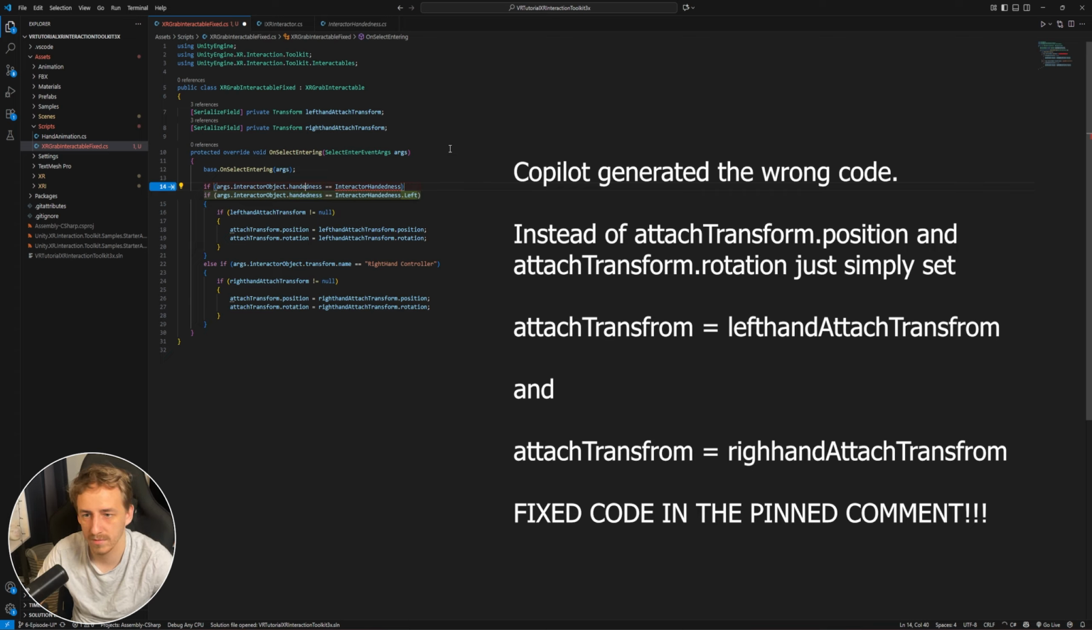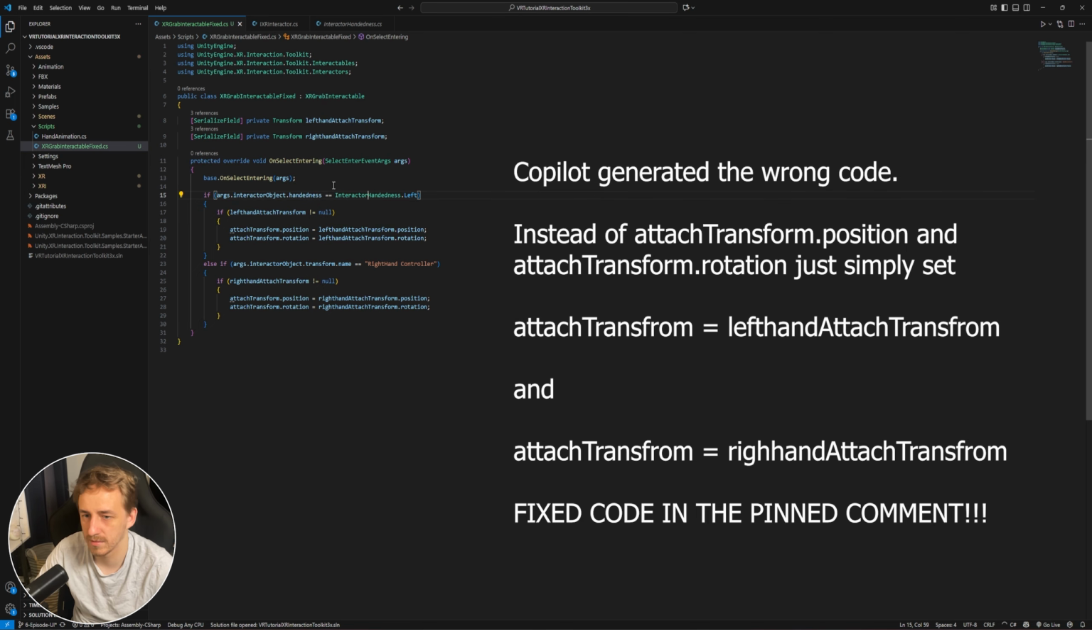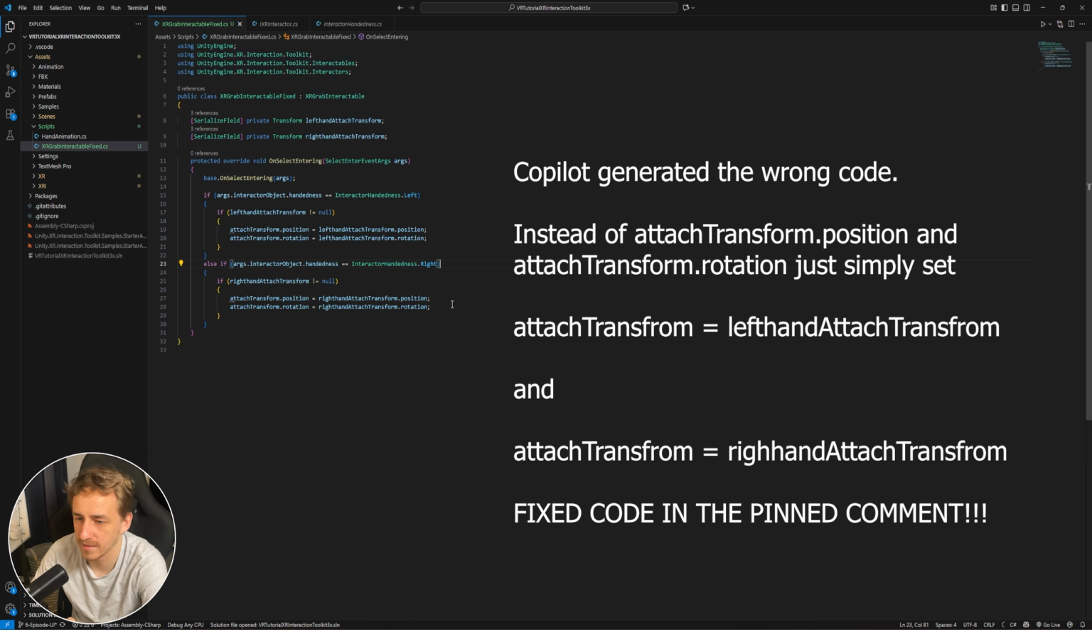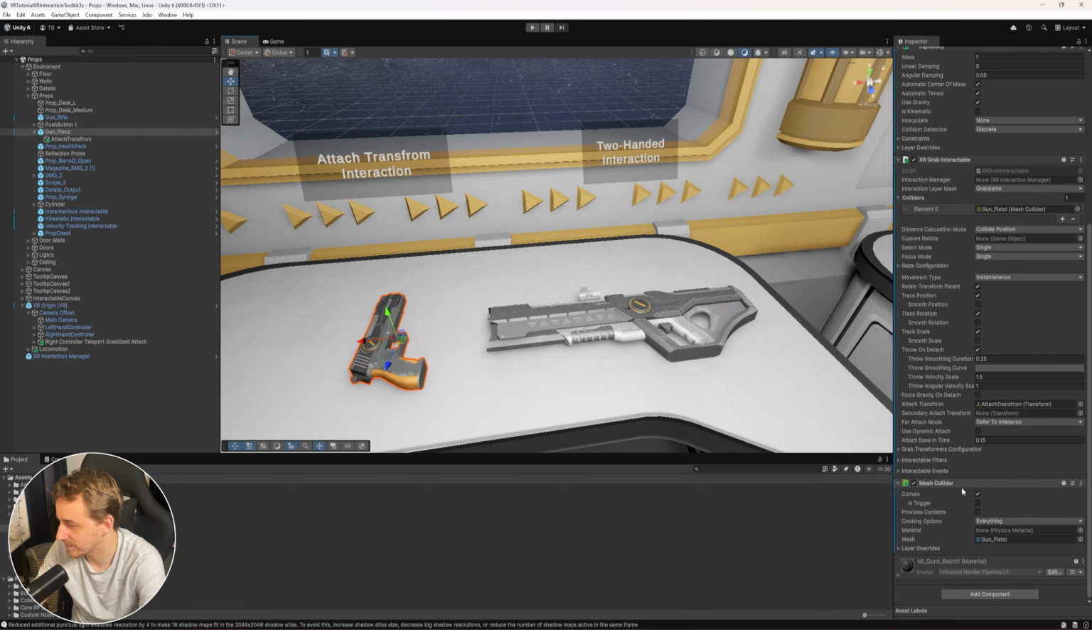So the left, I think I just need the Interactors namespace as well. Okay, and right. The same goes for the right hand. That should be it. Okay, and going back to the attach transform, we need to get rid of this Grab